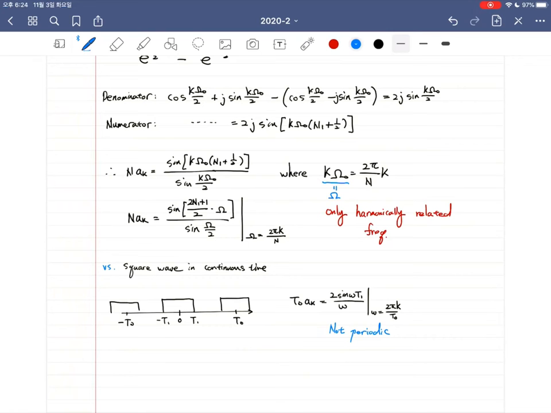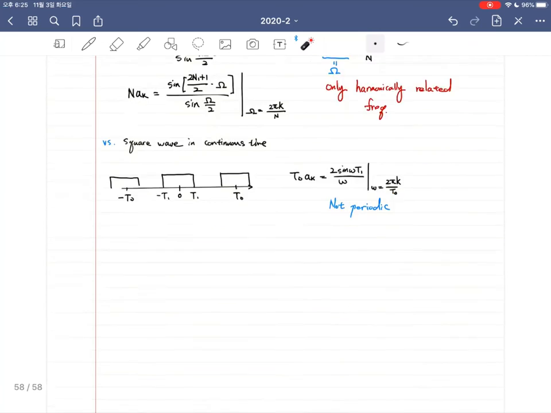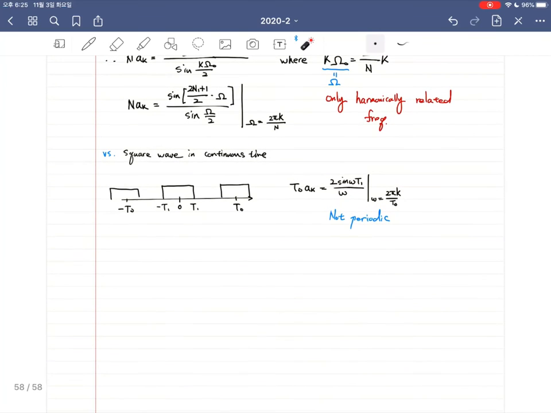And in discrete time, this a_k is periodic, and if I import this a_k in the textbook with the same